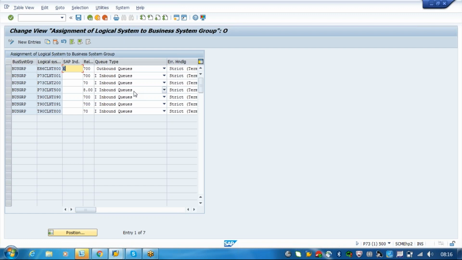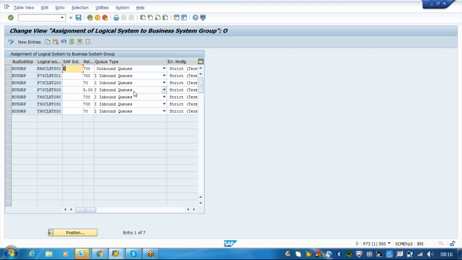It will be failed at your ECC level. So again, you have to look back at what objects failed and you have to resync. Instead of that, with QRFC, whatever data you are sending, even if the TM system is not able to receive it, it will be stored in queues in the TM system or in the plugin. Once the TM server is up again, it will be sent from the queue to the TM system. So that is the main purpose of these queues.